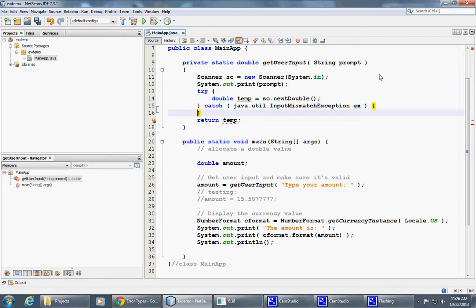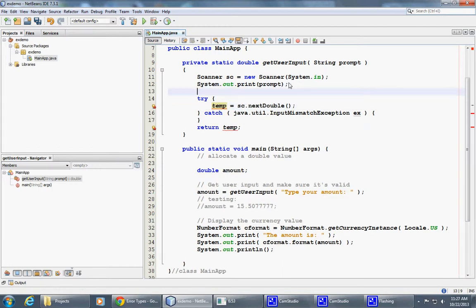One little thing is that now that I added this try and catch block, the creation of the local temp variable now has to take place before this try and catch block, because any set of braces like this one establishes its own little scope. However, I need this variable outside of the scope, so perhaps I can do something like this. Just say temp equals, but before I do it, create a double temp variable. I may even initialize it to 0.0, but it's not required. So in case I catch the exception,